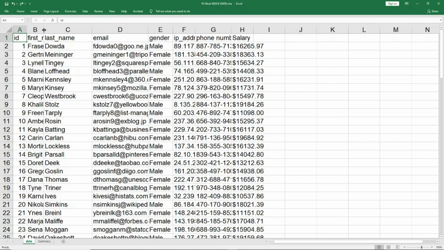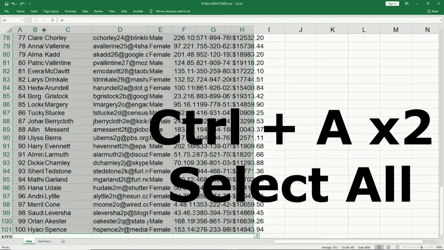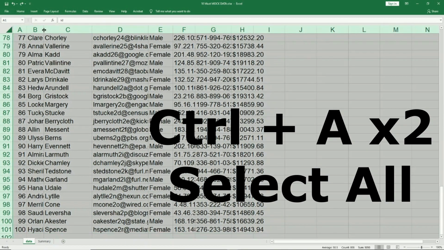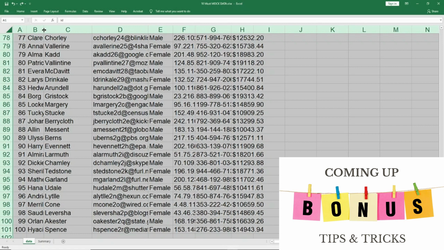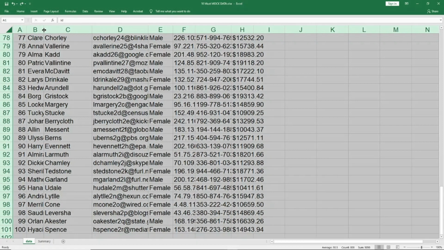What you should do is, when you download the data and you see that a lot of data is overlapping each other or it is not very clear, press Ctrl A two times because it will select all the data. If you press it only one time and there is any break, it will select the data only till that place. I will demonstrate it very quickly. And if you press Ctrl A two times, it will select all the data irrespective of any space.